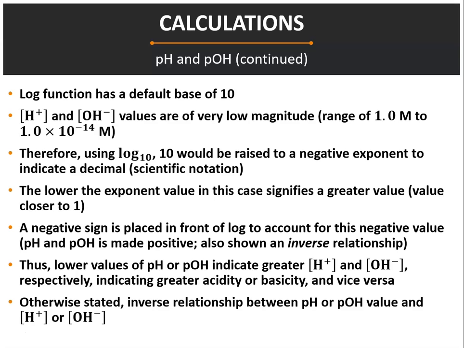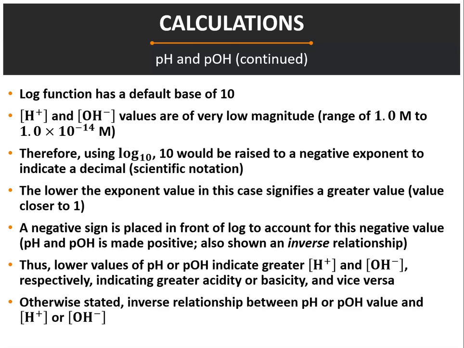We know from scientific notation that raising 10 to a power will either multiply or divide that number by 10. If the exponent is positive, the number will be some multiple of 10. If the exponent is negative, on the other hand, the number will be the reciprocal, or 1 over some multiple of 10. In the case of proton concentration, the lower exponent value signifies a greater concentration, as this means the number is closer to 1. For example, 10 to the negative 3 is 1 over 1,000,